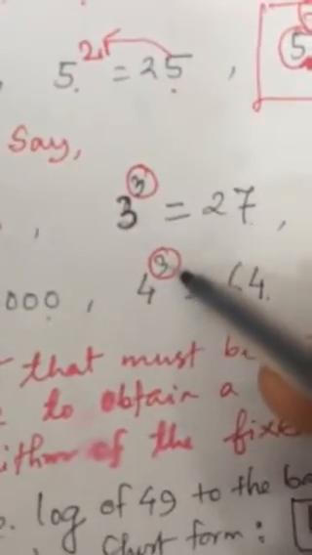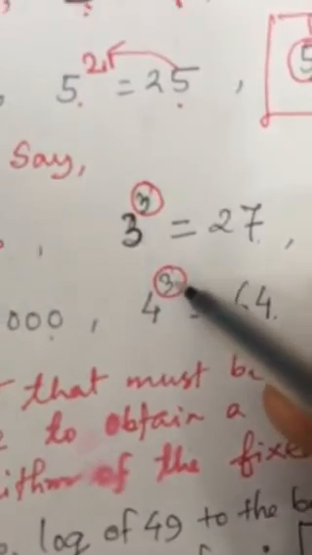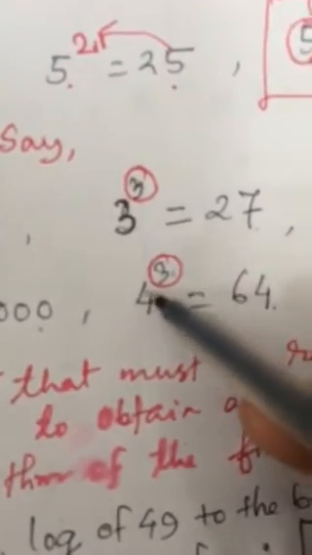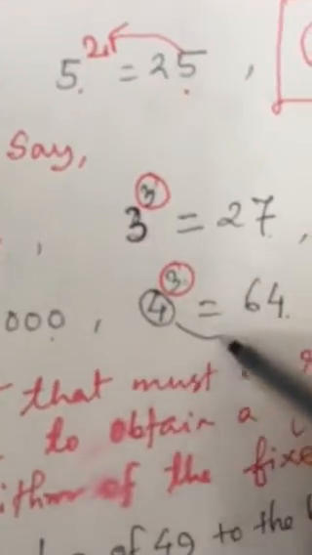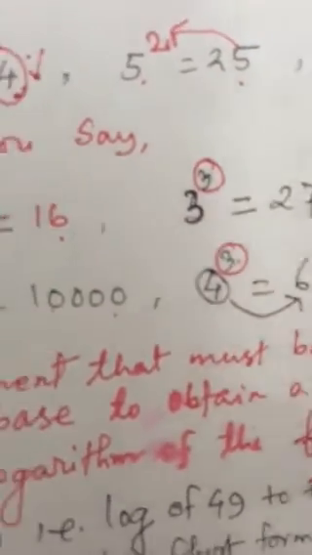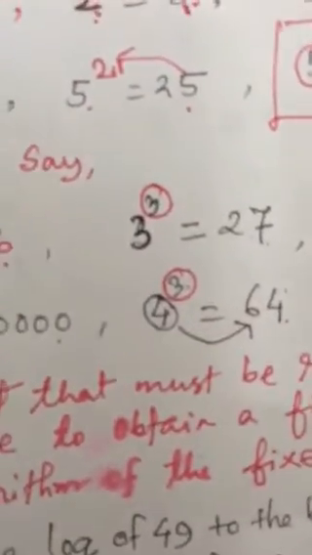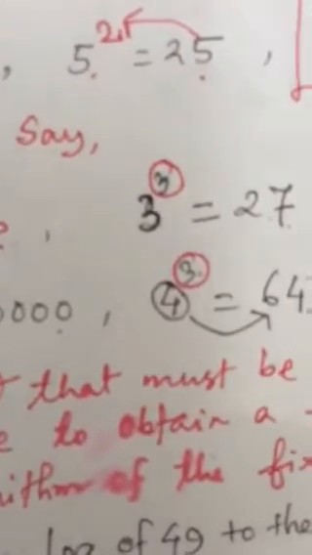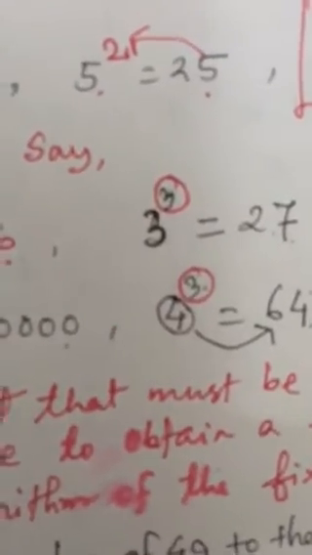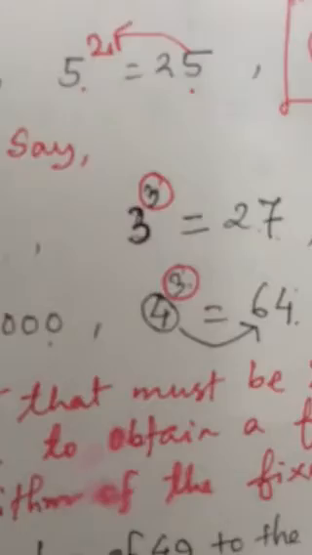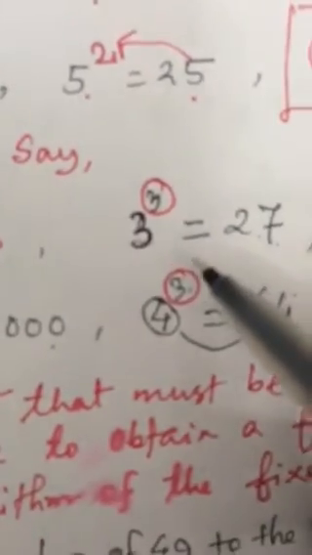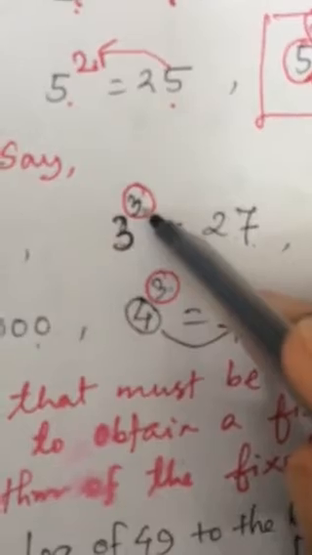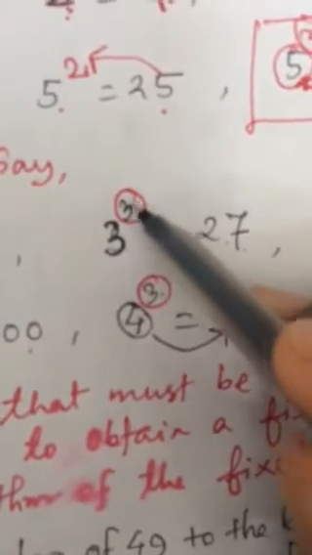What exponent must be raised here as power of this base 4 so that we can obtain this value? 3. Got my point? You try to understand here that it is a very small number. In the beginning only I asked the question, why do we need to study logarithm? If you want the answer to this question, then here you will get it. Like you see here, it is a very small number. What exponent must be raised here as a power to obtain 27, you could easily say.